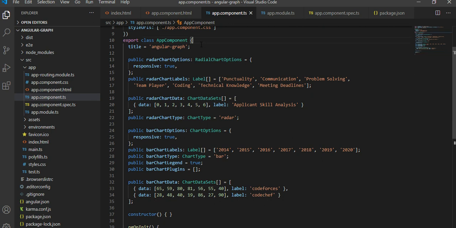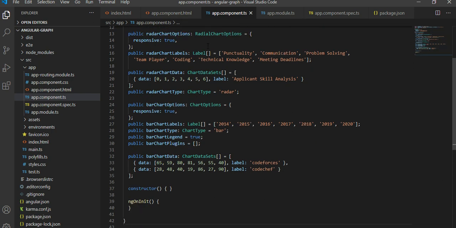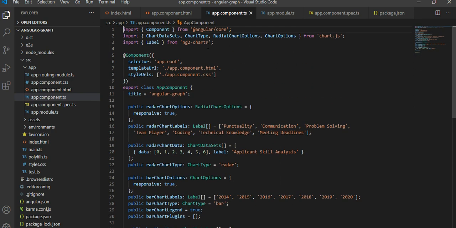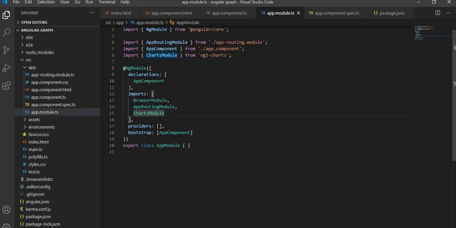This is what I have added in this particular file, and you need to import the required library from chart.js and ng2-chart. Apart from this, make sure you import the chart module in the app.module.ts file. This is what I have done in terms of code.